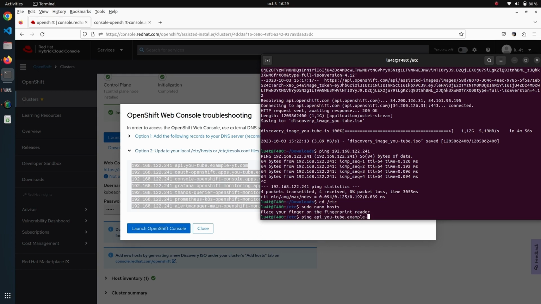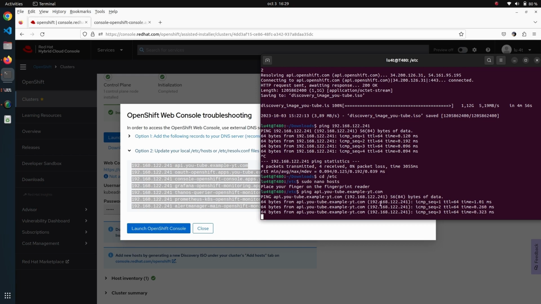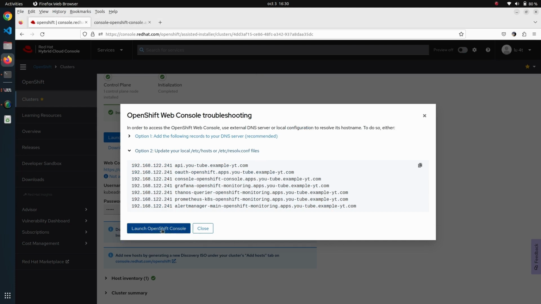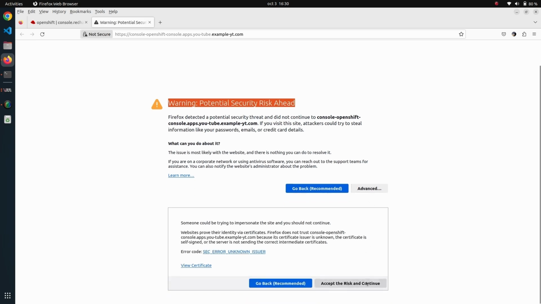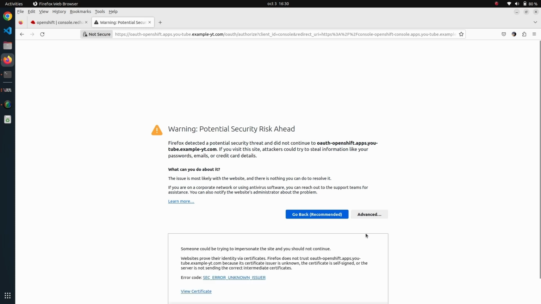So the moment you have this domain reachable, you see here it is pointing to the IP address of the virtual machine. Now we can try to access the OpenShift console. We will get the classic security risk. So we accept the risk. We will get a second one from the authorization server. We will accept the risk again, and